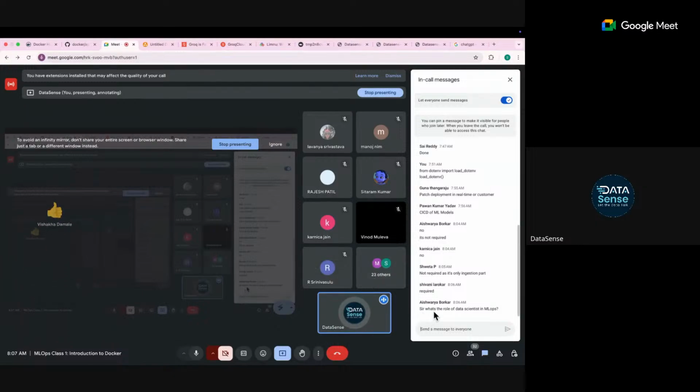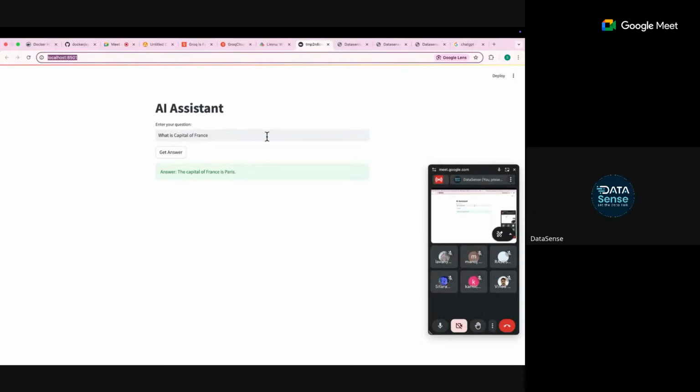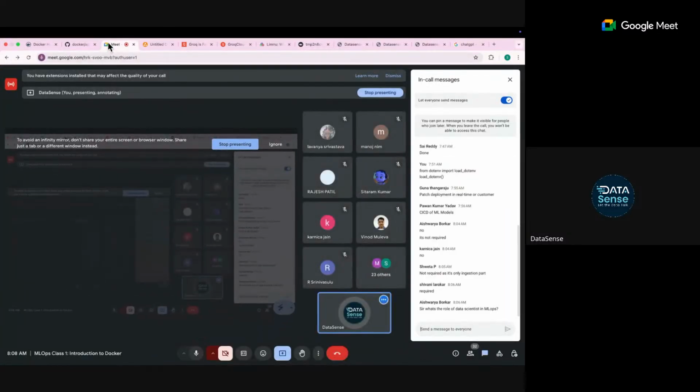The data scientist does not explicitly take part in MLOps, right? The role of a data scientist is just to create models, to test the models, to see if everything is working or not. You have to follow the logic, because MLOps people will just deploy it. But the logic behind it, for example, how the chatbot created here is built, will be done by a machine learning engineer or a data scientist or someone else, right? The MLOps person will be able to deploy this.